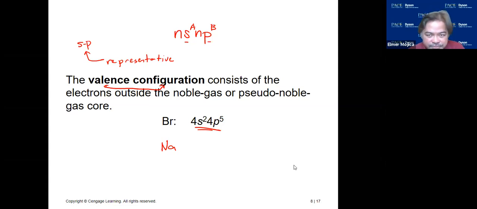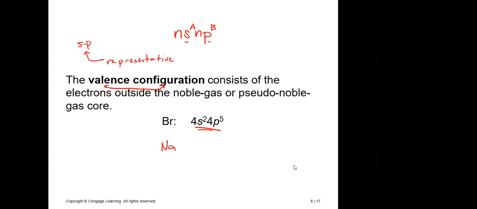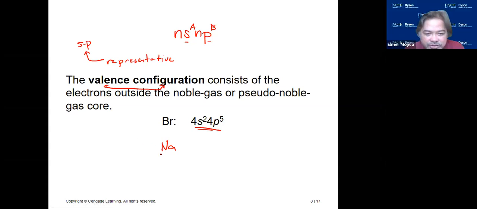How do you write sodium in terms of valence configuration? You write it as 3s1. Okay? Why 3s1 only? Because that's the outermost